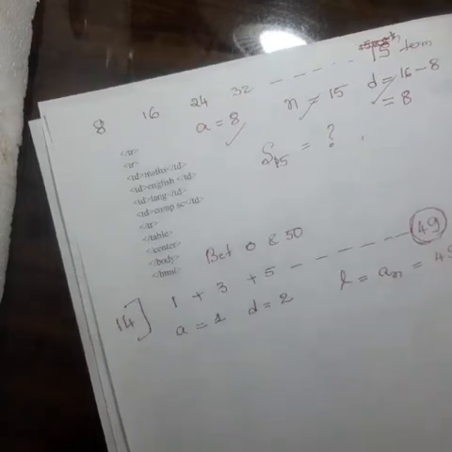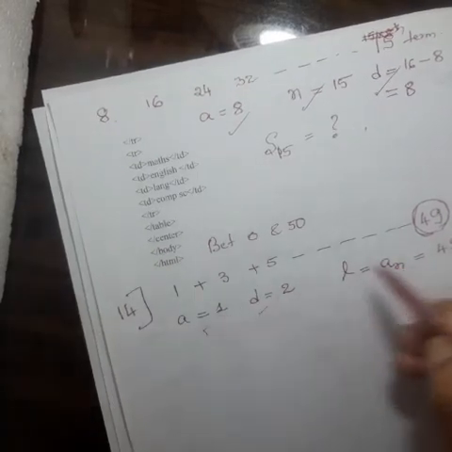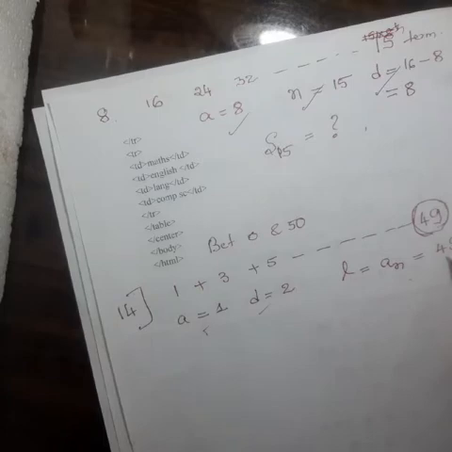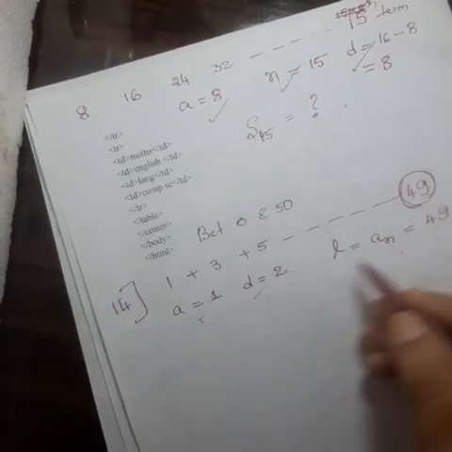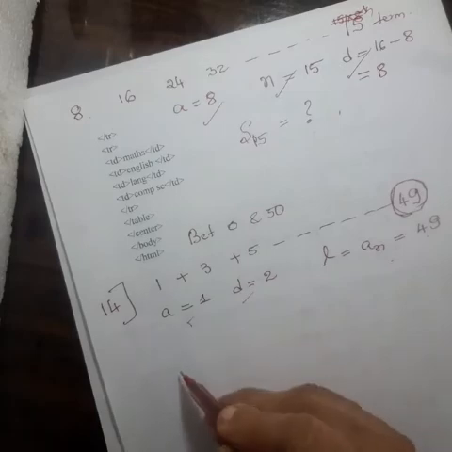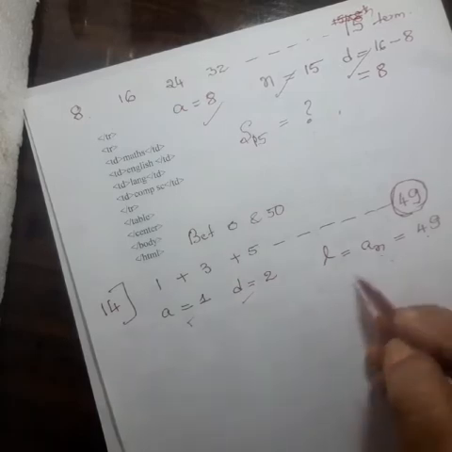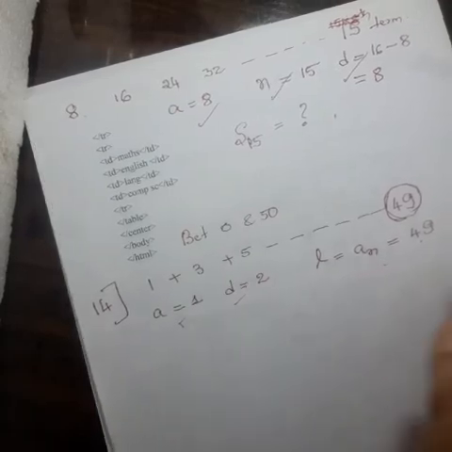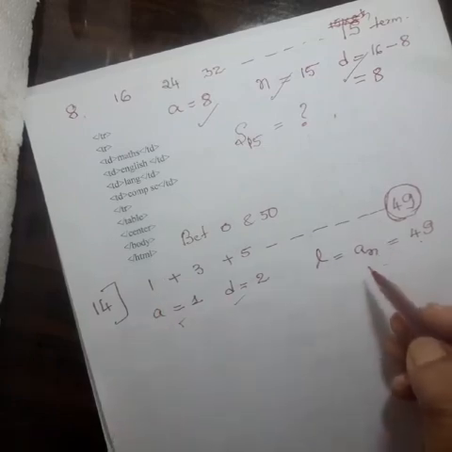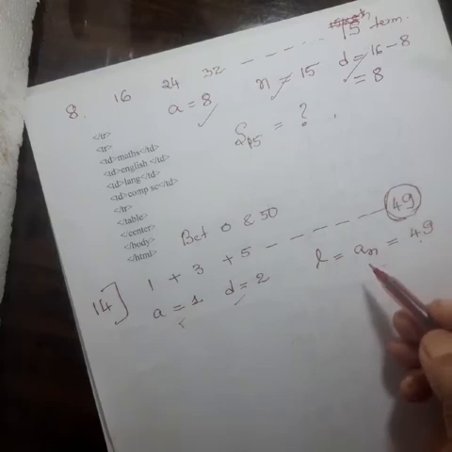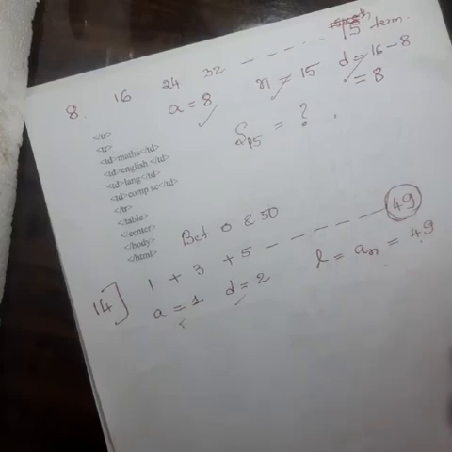So it is equal to 49. You have done such problems. You know A, you know D, AN is equal to 49. So you can get here the sum, what they have asked. Of course, you know the last term also, L is equal to 49. You know the last term, you know the first term. In that case you can use the first formula also, second formula also. Any formula you can use here.